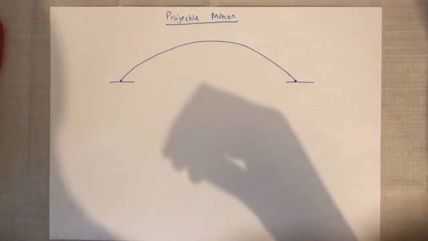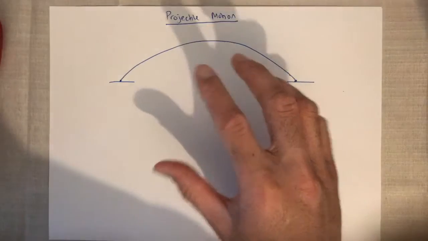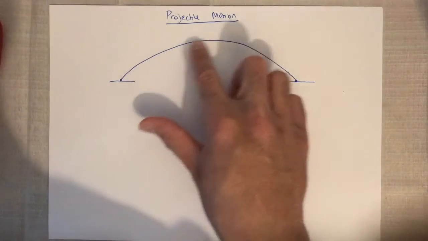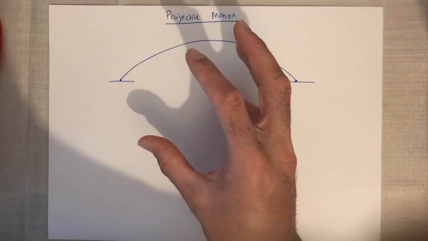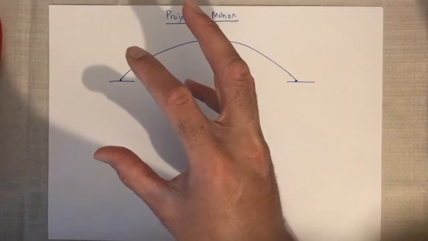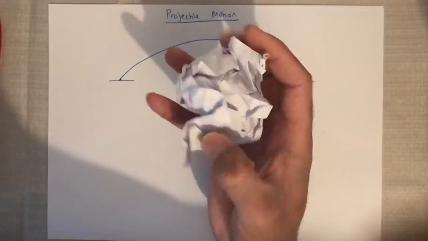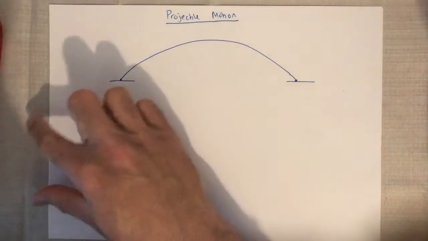Right, so in this video we're going to be taking a look at projectile motion. Projectile motion itself is basically when an object moves in a parabolic shape, as I've drawn here. The projectile itself has no source of its own force and can just basically be a piece of paper like this, or scrunched up flying across the room, or it can be, for example, a paper airplane just going across